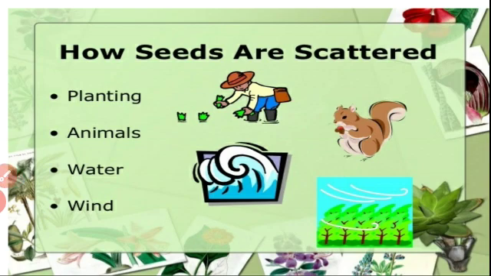How are seeds scattered here? Seeds are scattered by means of four ways: planting, animals, water and wind. Planting, who will do? Humans will plant the seeds. Animals, water and wind, unknowingly they are planting seeds. For example, a squirrel always hides its food somewhere. After a long time, it grows as a plant. In the same way, water and wind help to spread seeds in different directions. Scattering is nothing but spreading the seeds in different directions.